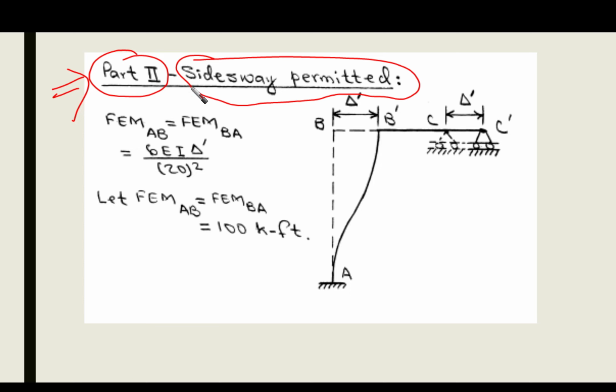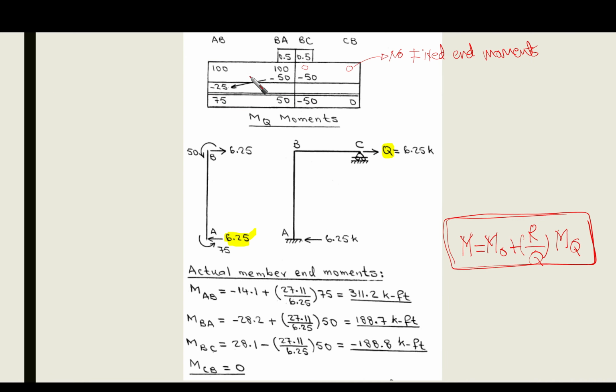In this case, we are going to remove all the external loading, and we're going to allow the frame to go laterally, or permit the sidesway of the frame, and we are going to put the fixed end moments and so on, and then we're going to work using our moment distribution method as we have done before in the previous videos,